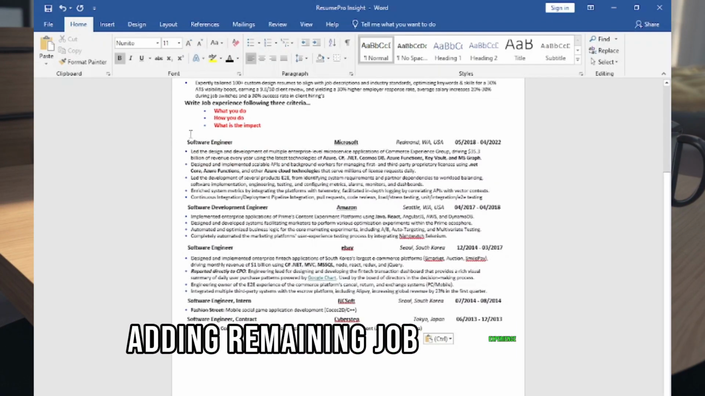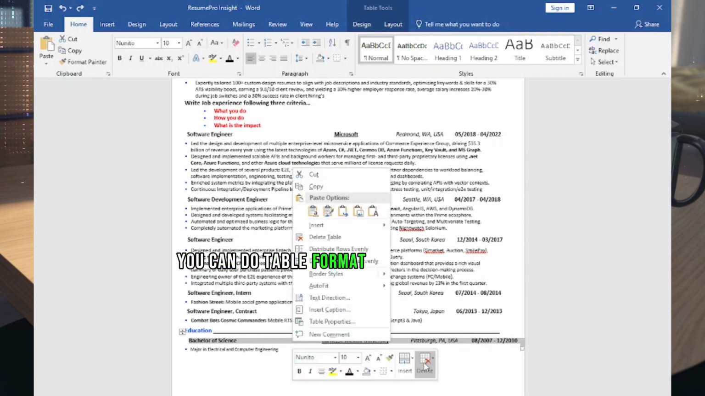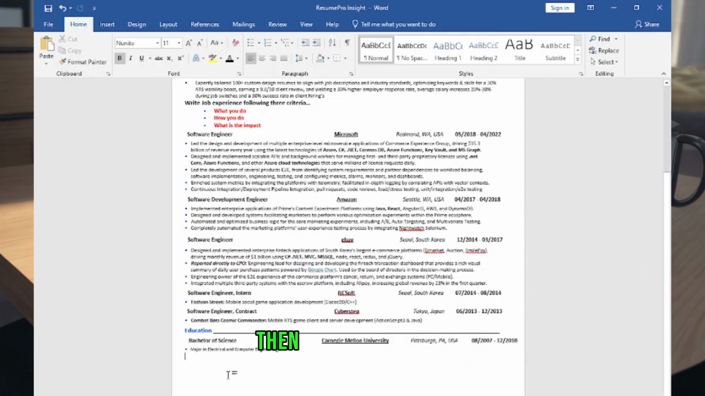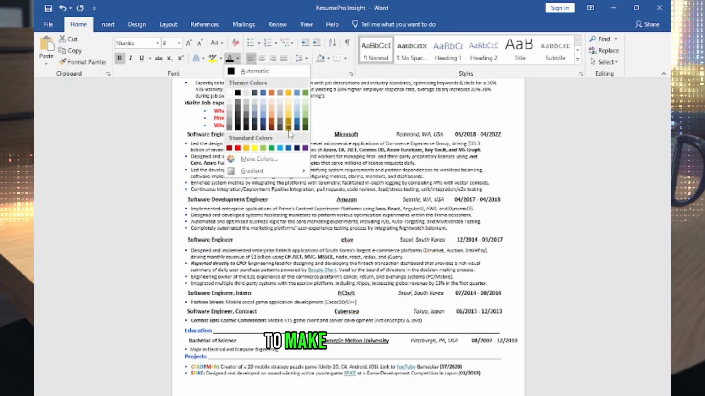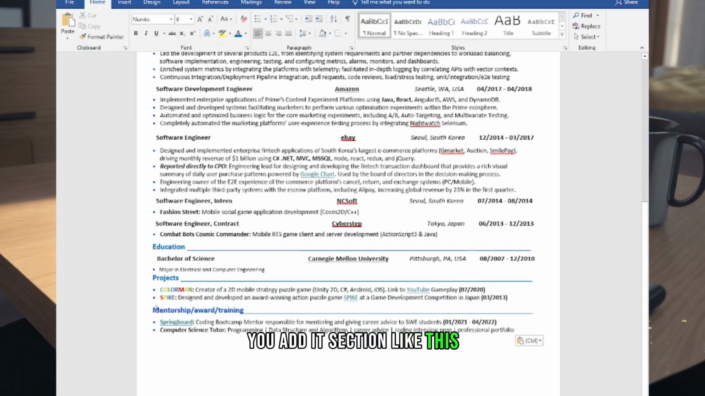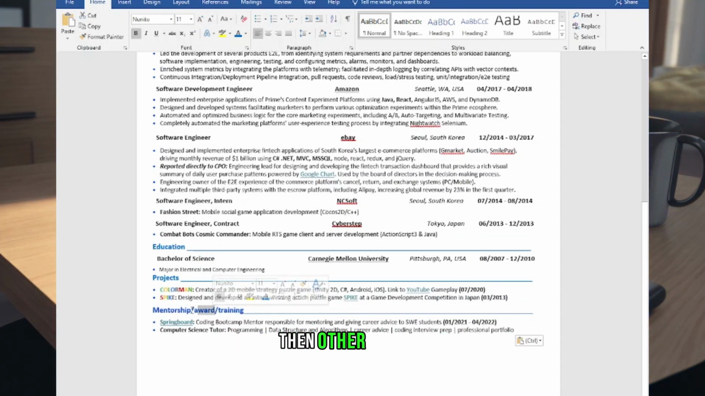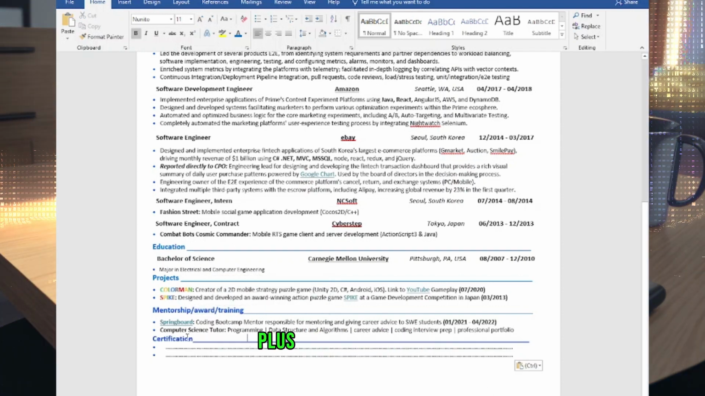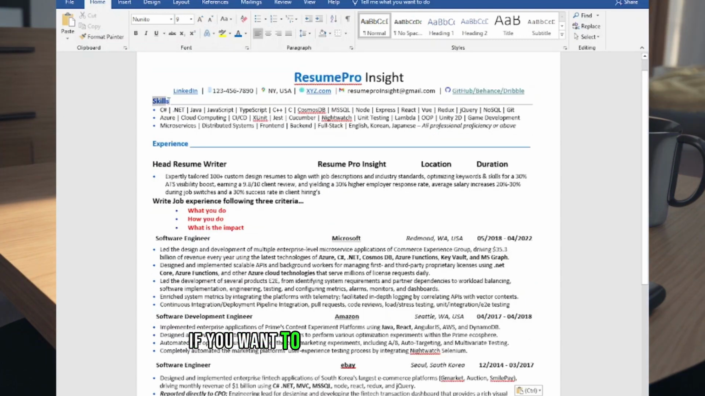Adding remaining job experience. Then adding the education section. You can do table format or remove the table. Then adding the project. If you add a project, color like this to make it more unique. Adding this section, you add it like this. If you have experience, plus looking for a leadership role, then other sections, like awards, etc. Then certification, plus interlink the topic you want to check for validity. Then adjust. If you want to adjust something,